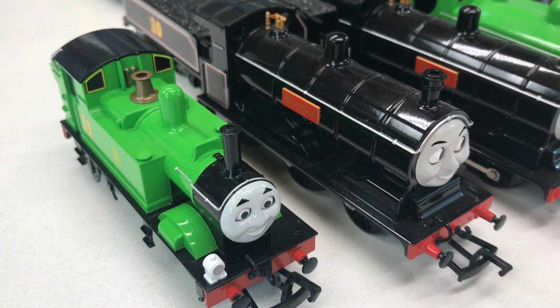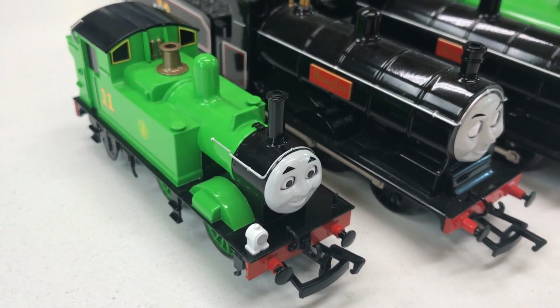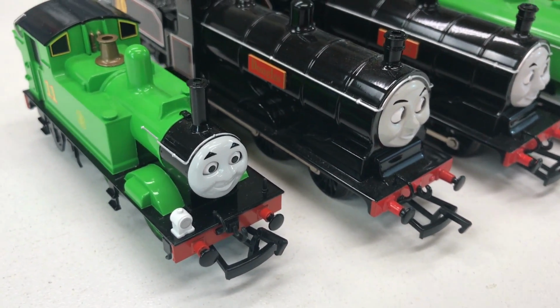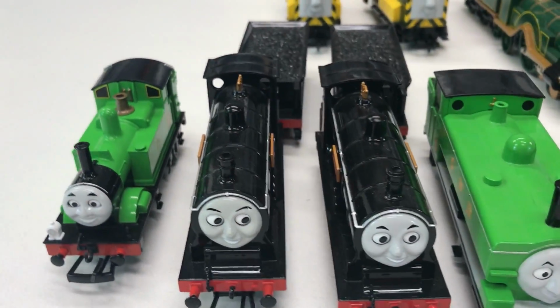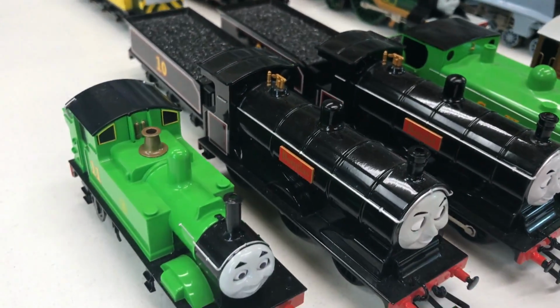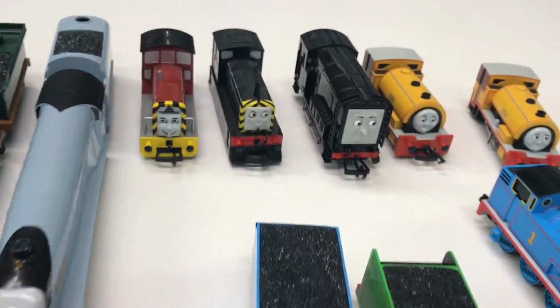Which reminds me, I did not include the HON3, the narrow gauge locomotives like Scarloey. I'm not including that, or the N-scale locomotives. This is just the regular sized HO scale. All right, now we got,